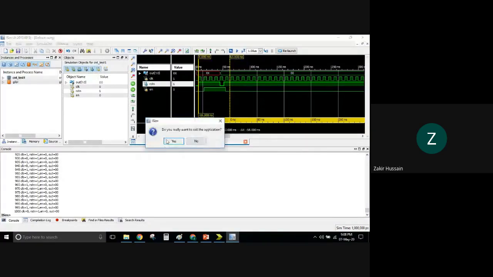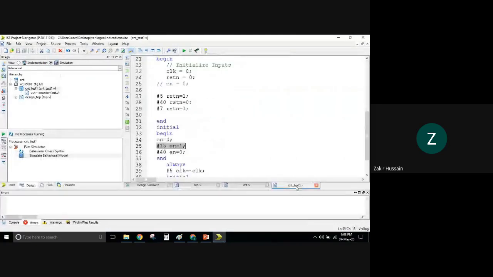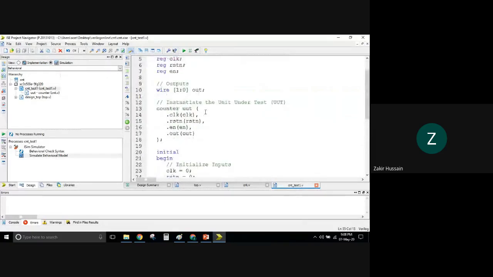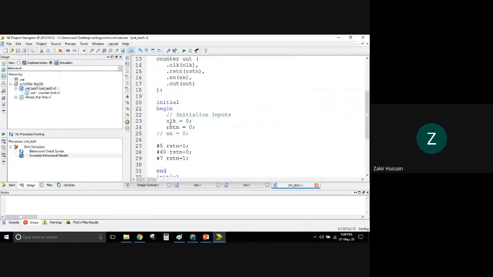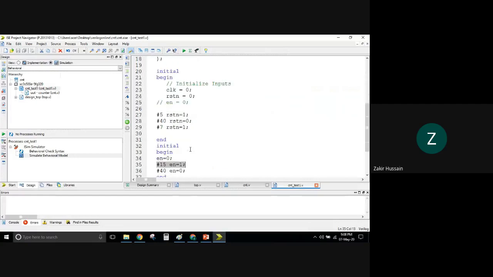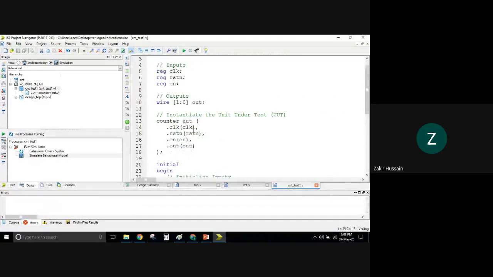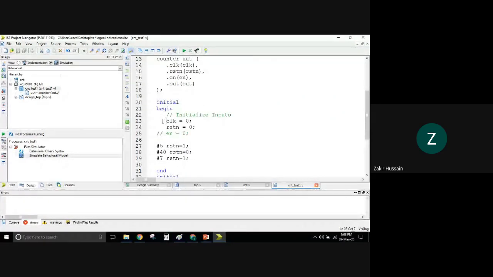Let us go back to the code again very quickly. Everything is set all right. Don't override this counter, that's okay. Now I'm just taking this one here out.